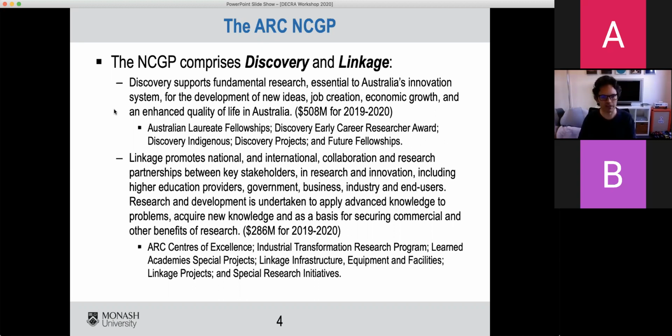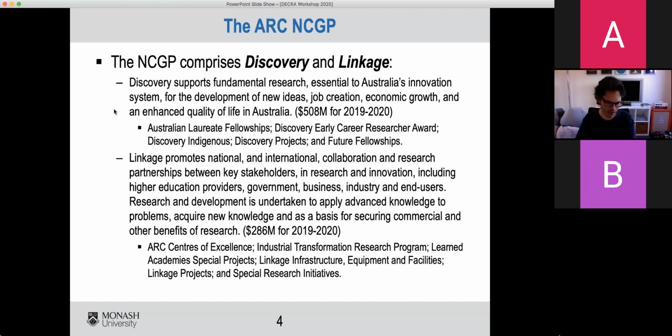And then the second part of the ARC program is the linkage. Linkage is designed to form collaborations between universities and industry, between universities and the government, and to develop more of the commercial type R&D. But linkage is really about partnerships.